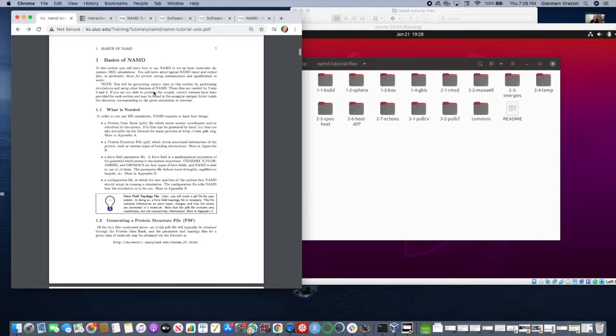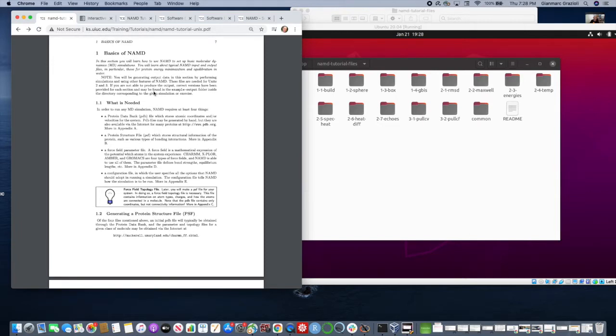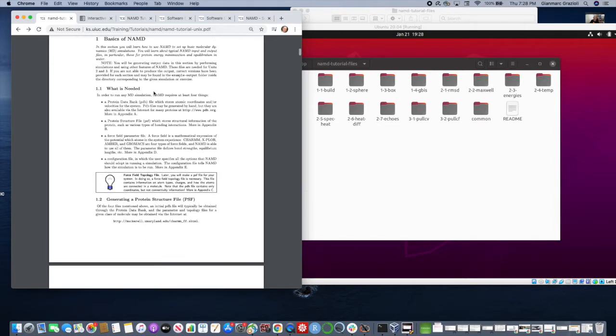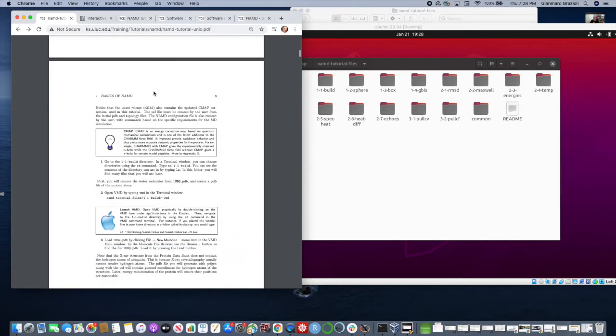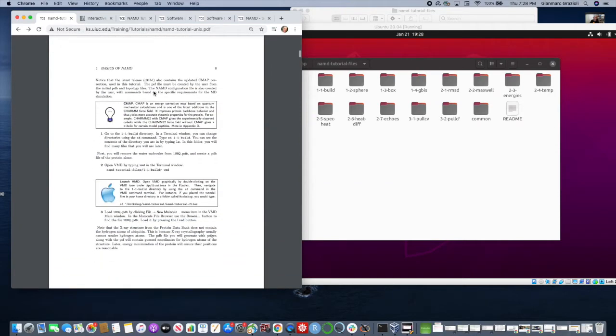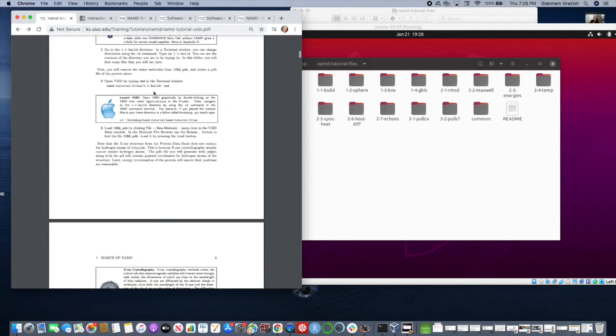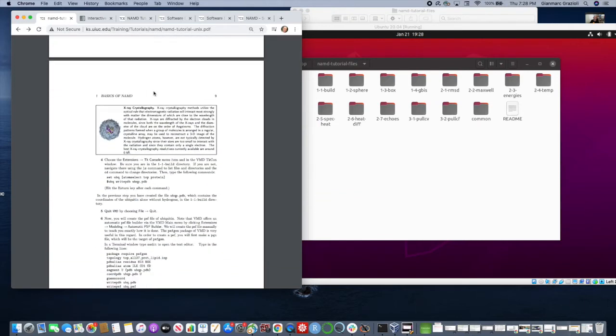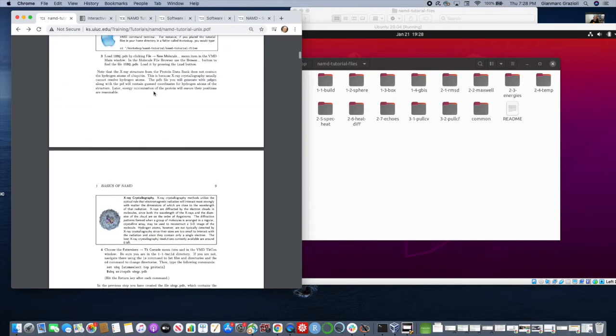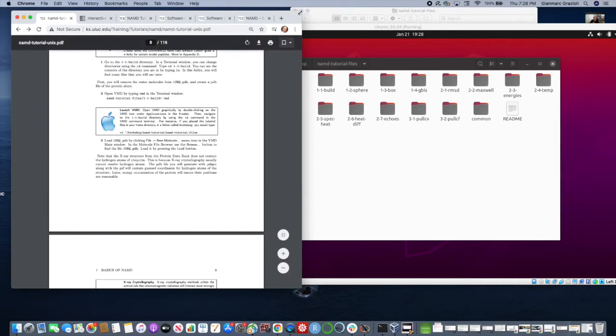First thing we're going to want to do is we're going to need to build the files that we need to run the simulation, right? So we're going to need to generate protein structure files. That's a PSF, protein structure file. And the way we're going to do that, here we go, now we're getting into it. All right, so the way we're going to do this,